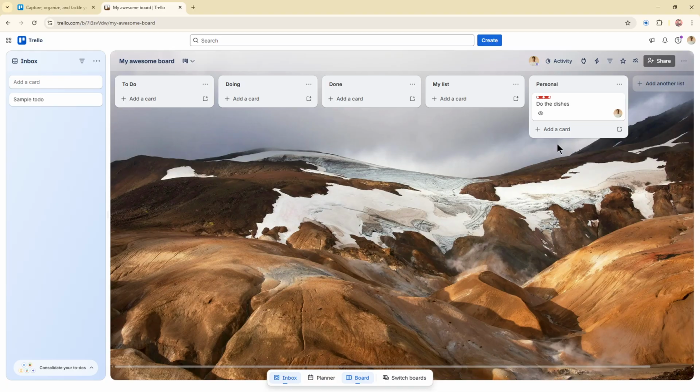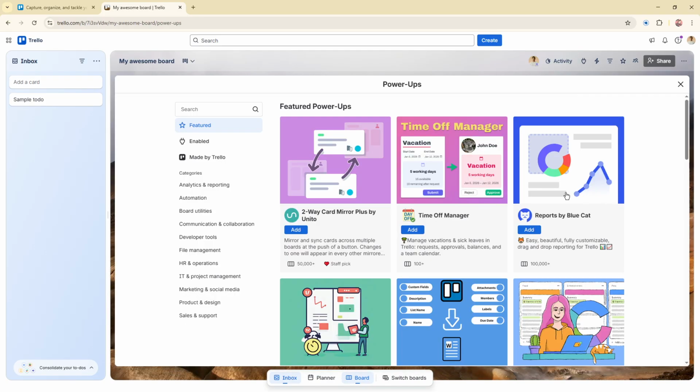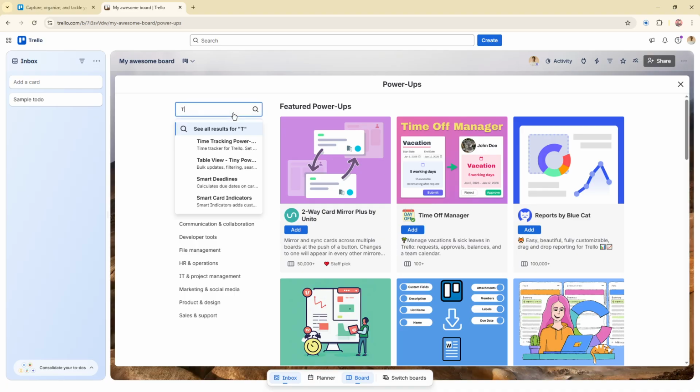At the top of the board, click on Power-Ups. This opens the board's add-on library where you can search for extra tools and features. In the search bar, type Activity Timer. When you see it appear in the results, click Add. That connects the Activity Timer Power-Up to your board, so you can start tracking time directly inside Trello without needing